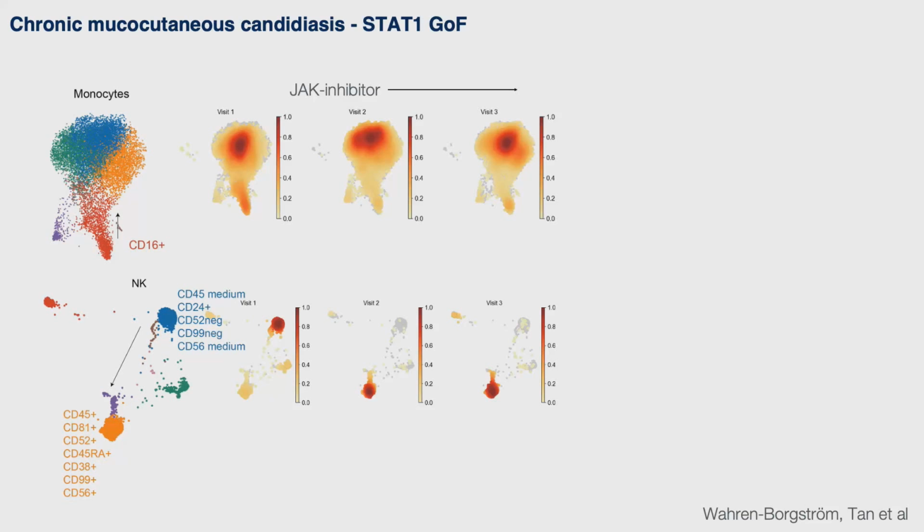And in the NK cell compartment, there is another complete shift in phenotype away from CD56 low towards a more CD56 bright, more regulatory NK cell phenotype in STAT1 gain-of-function after JAK inhibitor, really suggesting that the treatment effect is broad, involves many different cell types, and can inform us, of course, about the mechanism of action of this treatment in these patients, and also explain a little bit why the symptoms improve beyond just the